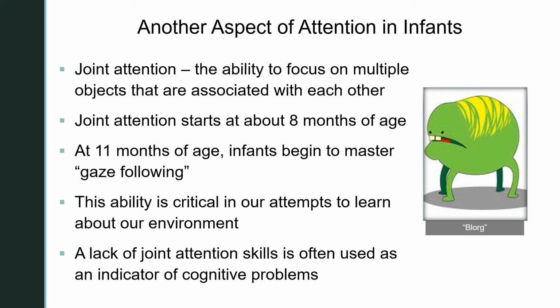And this eventually leads the infants into the ability of doing something called gaze following. And gaze following, we believe, is critical for language development. Because once it's there, infants can quickly pick up on the meaning of certain things. A great example of this is if I say, pointed at the picture to the right and said Blorg without anything more.